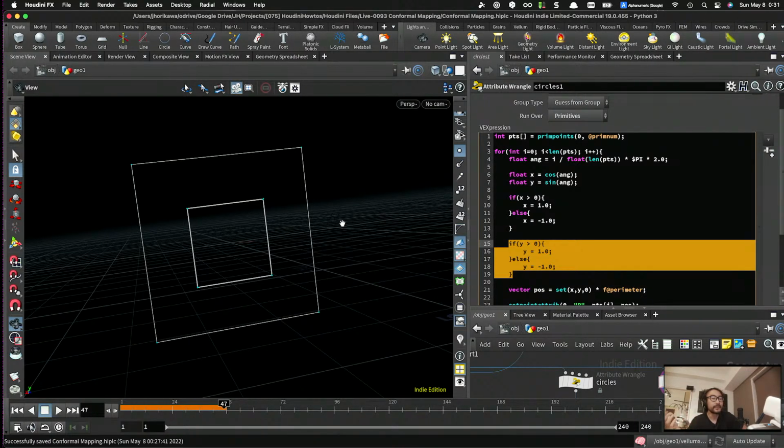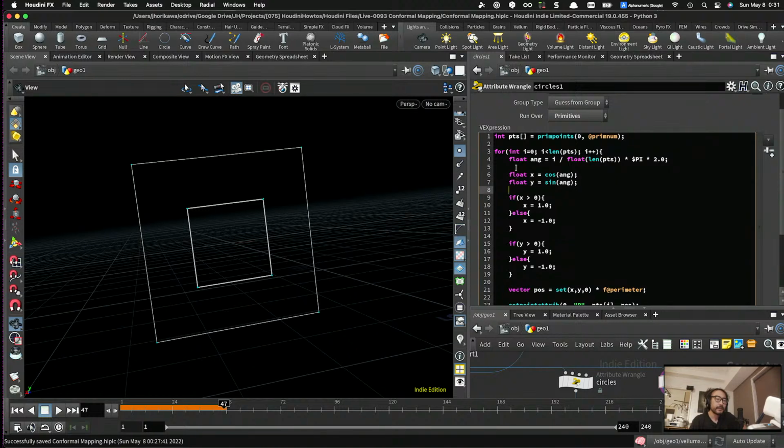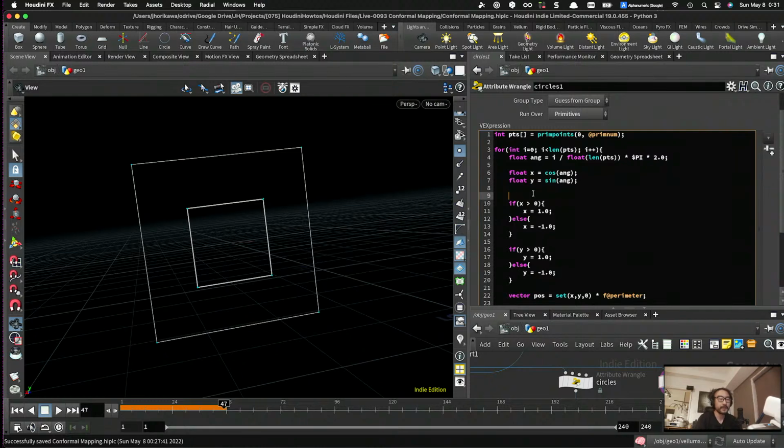So those kind of constraints must be added, right? Fortunately we do have an angle value here. So if an angle is more than 0 and angle is less than 90, pi multiplied by 0.5,